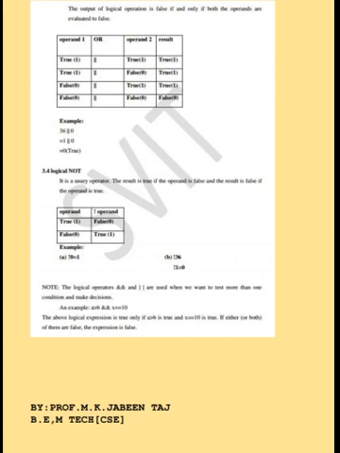Shorthand assignment statement. C has a set of shorthand assignment operators of the form var op is equal to expression, where var is a variable, exp is an expression, and op is a C arithmetic operator. The operator op is equal to is known as the shorthand assignment operator. The assignment statement var op is equal to exp is equivalent to var is equal to var op exp, with var evaluated only once.